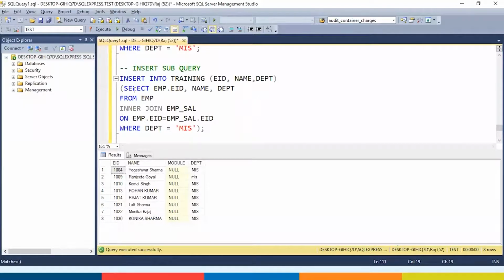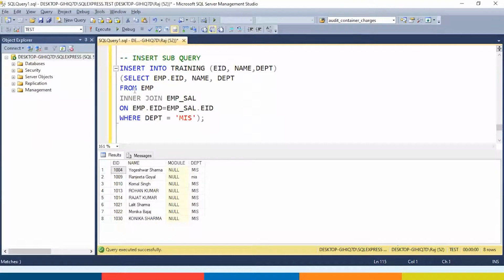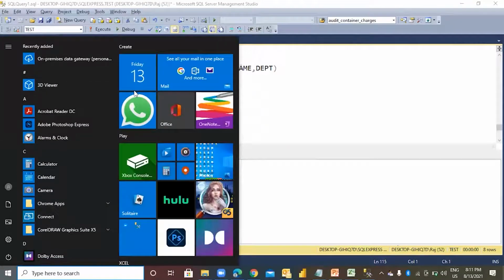Okay. Now let's take one more thing. I want to change the module for all the employees to SQL. For all the records, the module needs to be changed.